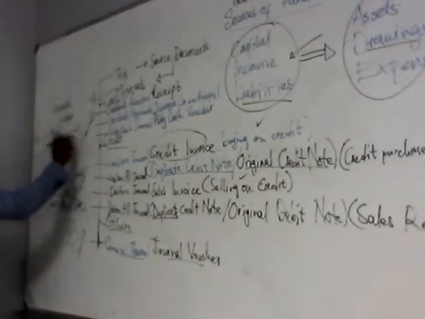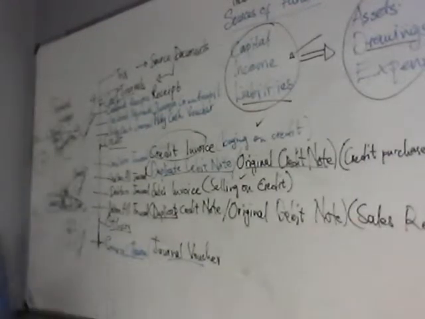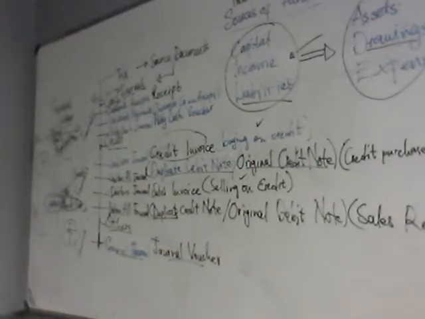So at the end of the day, all these accounts are either going to increase on the debit side or the credit side. How do we know that? Because some of these accounts are sources of funds and some of these accounts are application of funds. Sources of funds increase on the credit side, application of funds increase on the debit side. Once you are able to learn that, that's a mnemonic, it actually makes sense. The more you say it, the more you'll remember it.